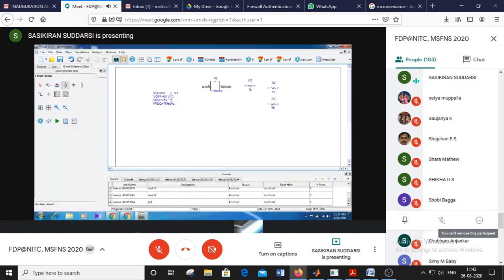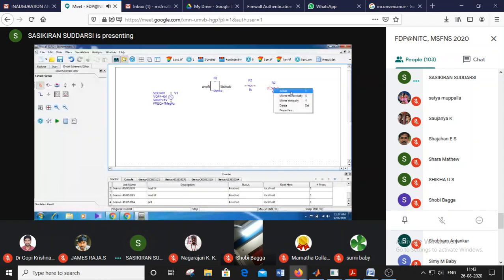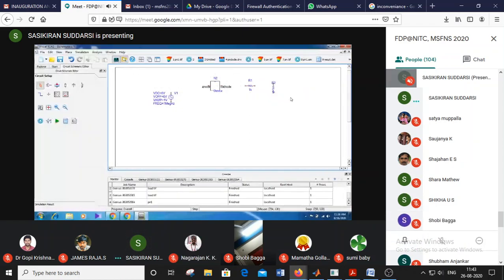Right click and use mirroring and properties. We can rotate horizontally or vertically, whatever you want. Next I want one ground here. Here we have a voltmeter and a current meter. I need one voltmeter to connect. So this is a wire. Just connect.